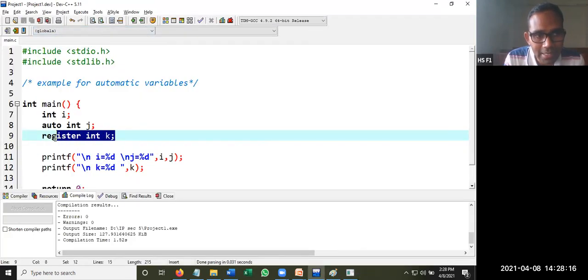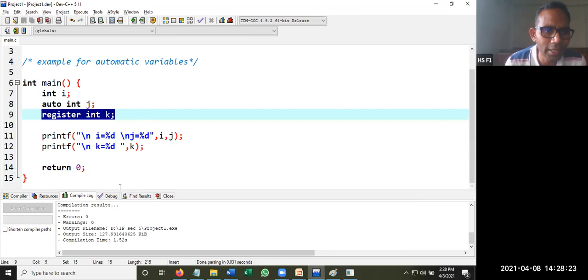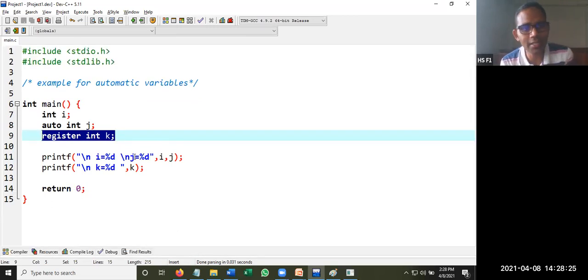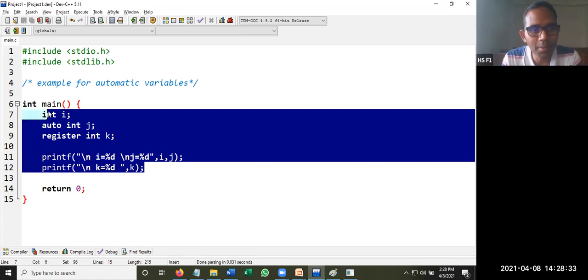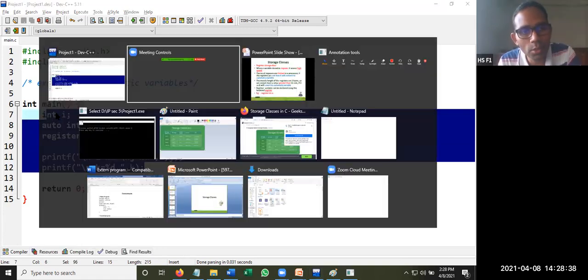So now k is a register variable. Is that clear? This is the maximum we can see for a register variable. We can't see whether that is created on the CPU register or not. So this is the maximum we can do. Now let us get back to the slide and see the next one,